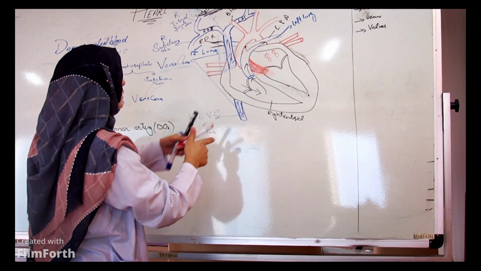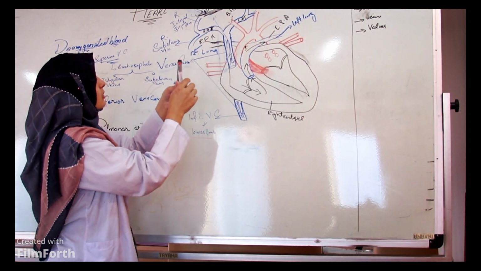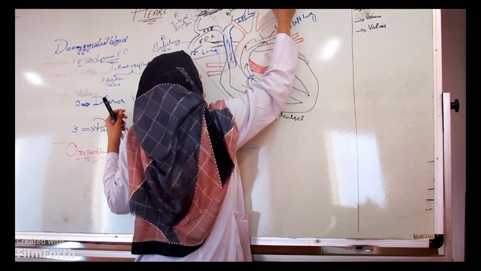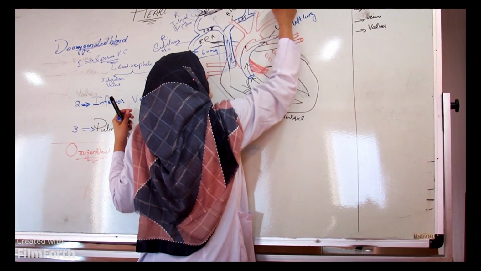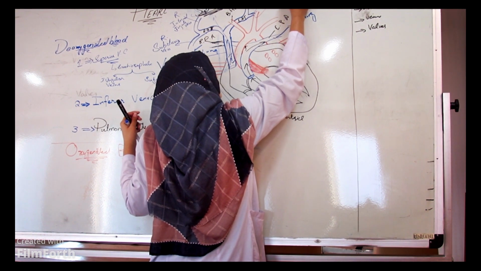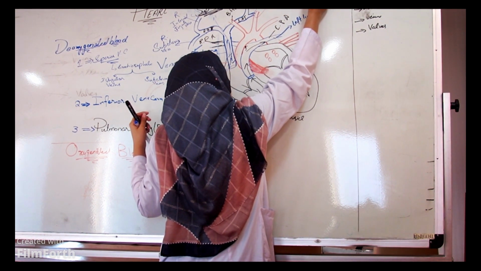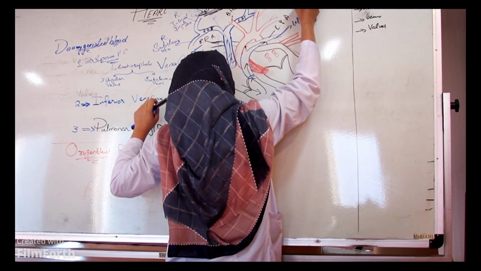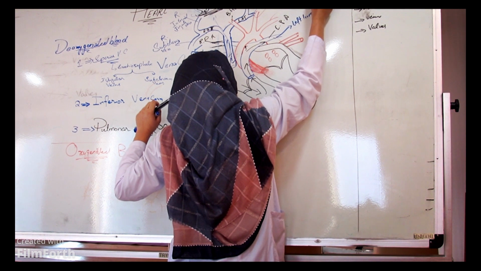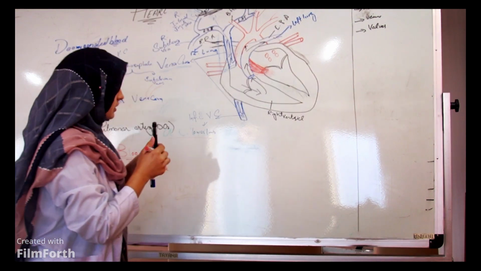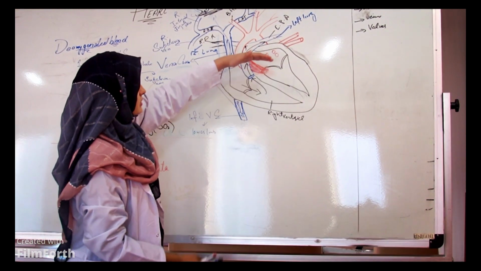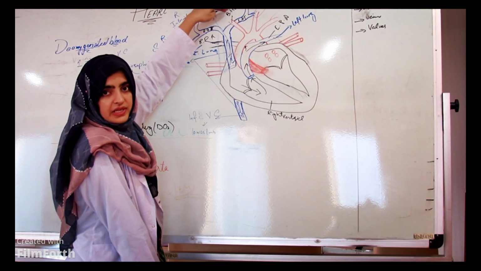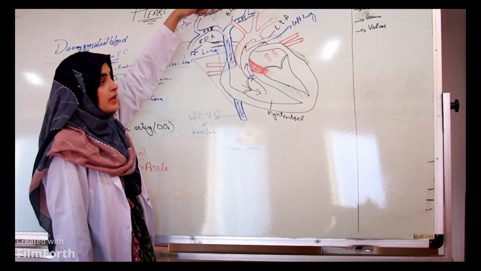So we will move on to the other branches of the aorta. Here we have the other branch of the aorta, that is called the left carotid artery, and the third branch is called the left subclavian artery. Alright. On the left side we lack a brachiocephalic artery. We just have one brachiocephalic artery.